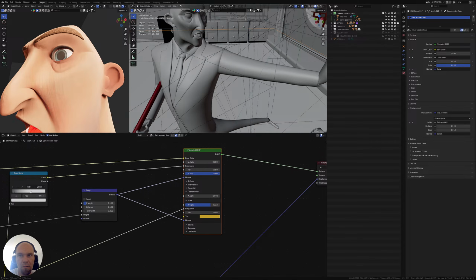So what is this bump here doing? Let's change the mapping here so we actually see what it's doing. Okay, so this is what it's doing right now. Let's lower this value here as well. So this definitely doesn't have anything to do with what would be a skin texture. But if we go to generated,